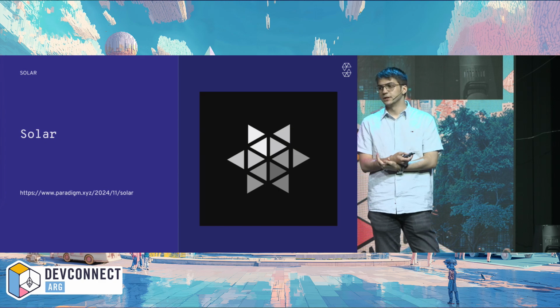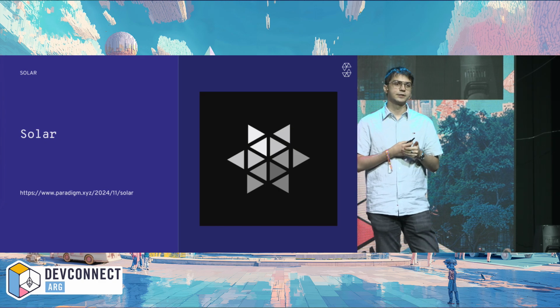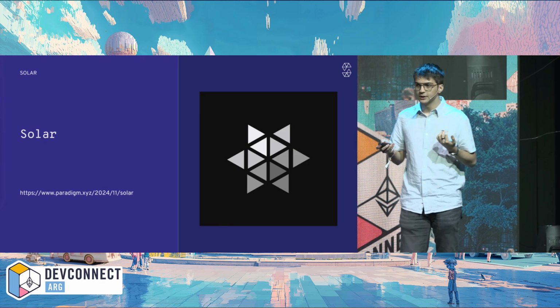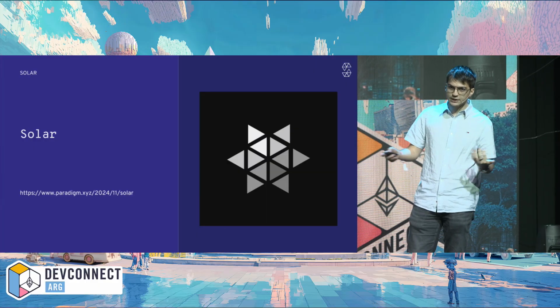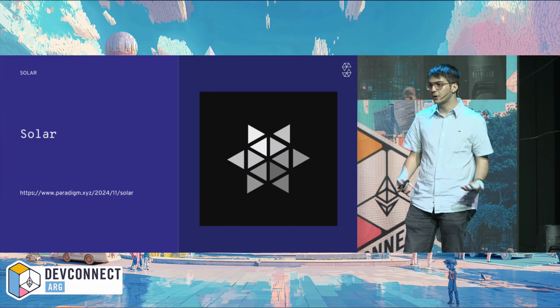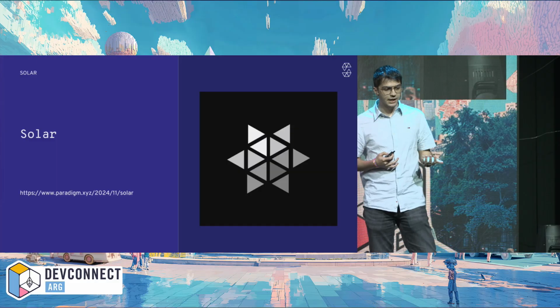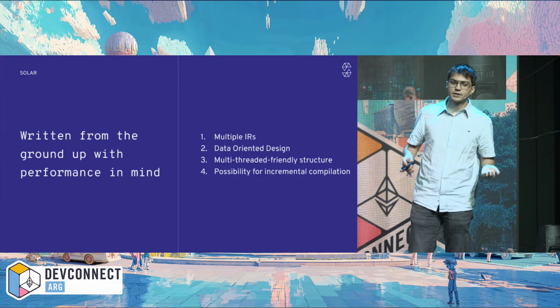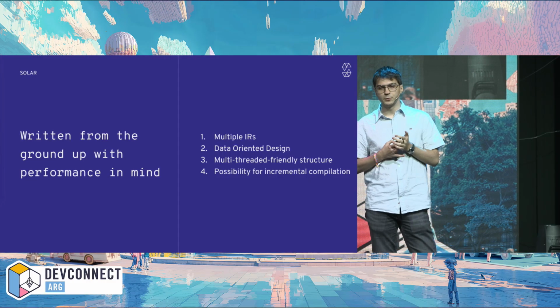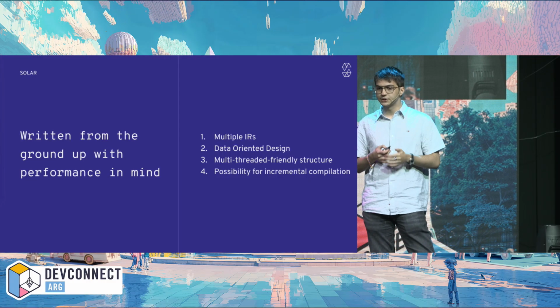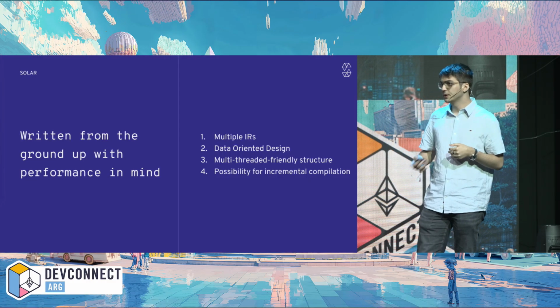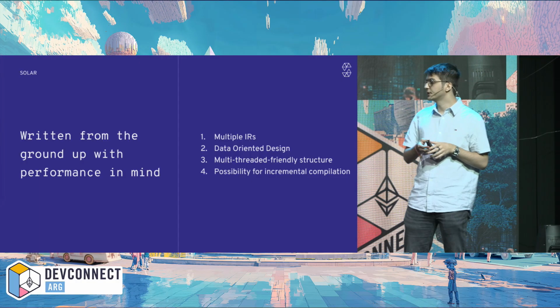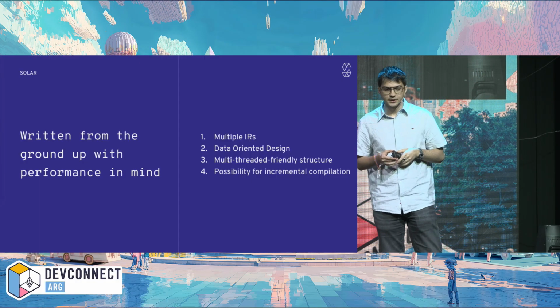What is Solar? So Solar is our new Solidity compiler. This is a compiler. This is not Sol-C. This is a separate binary that we develop ourselves. This is written entirely from scratch in Rust, from the ground up, with performance in mind, of course, tackling these issues that I just described. So the way we do this is, here's a few small points, but